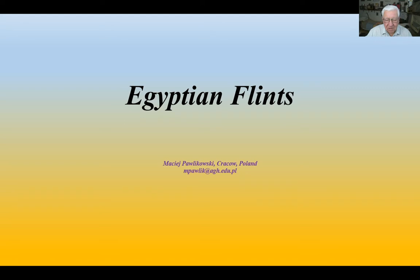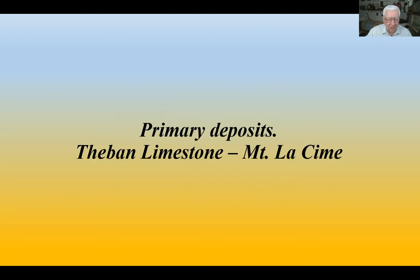But before, in Egypt, lived people, and they used for life, for work, various implements made of flints, not only but of flints. And because of this, I would like to give you some information concerning Egyptian flints. First of all, primary deposits, this means limestones, Theban limestones, where there are flints, many levels of flints of various colors, various shapes, and various